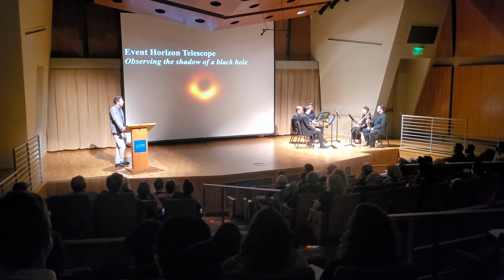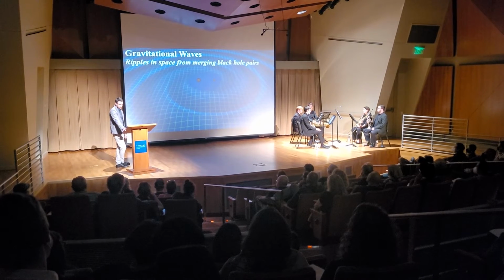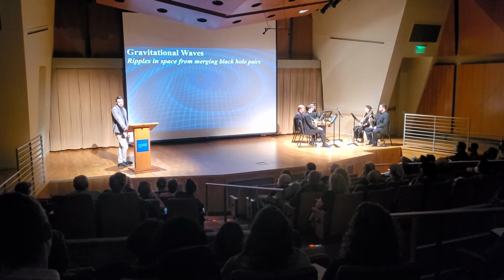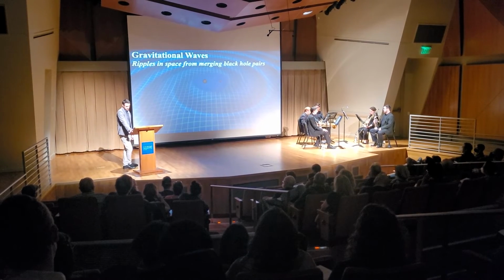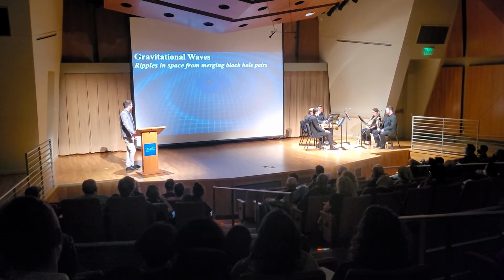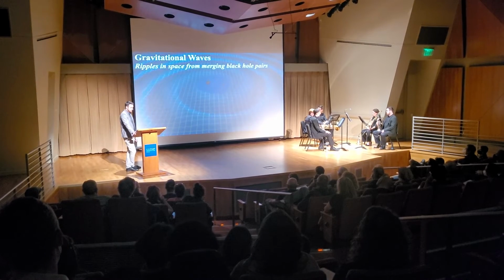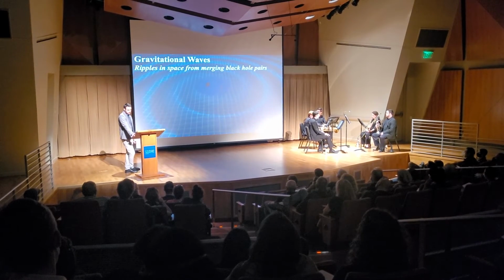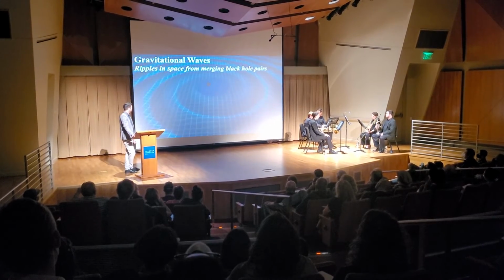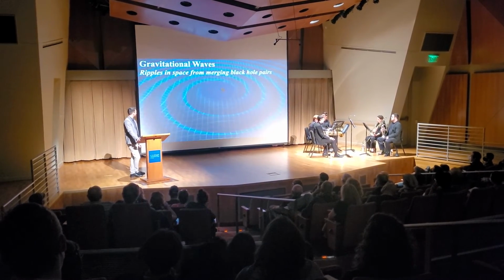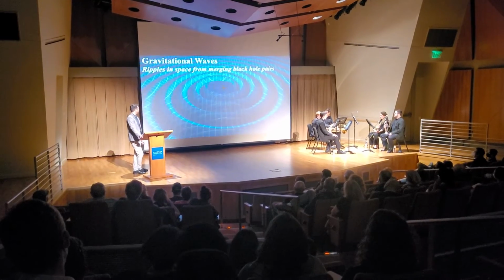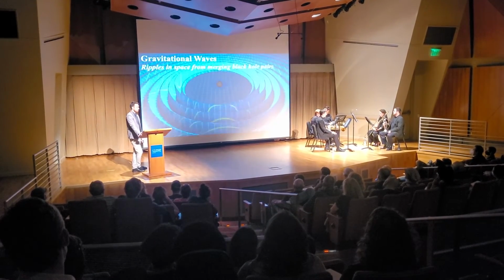So there's one final way to observe black holes, and this is, in my opinion, the most exciting, because this is actually the area of research that I specialize in. So if two black holes are bound together in a binary system like we see here, the system slowly loses energy through the emission of gravitational waves. Eventually, the black holes slowly spiral in towards one another until they crash together and merge, creating a larger black hole.